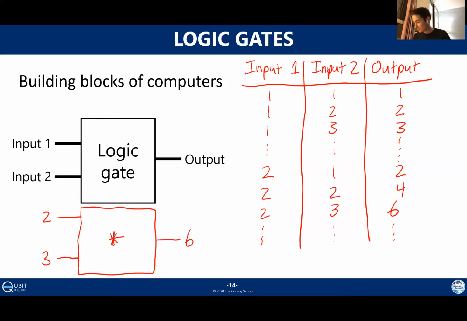So you can imagine that, I mean, this table, even if we only go from 1 to 9 in each of the columns, it's going to be a really long table, right? And in fact, this is sort of just another way of looking at what you probably know as a times table, which is actually the way that we learn multiplication in the first place. It turns out that defining logic gates for computers in the binary world works exactly like this. Again, the only difference is that instead of using all the numbers 1 to 9, we're only going to use 0 and 1.